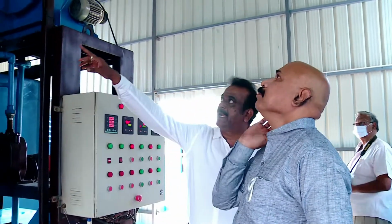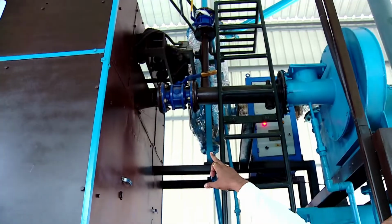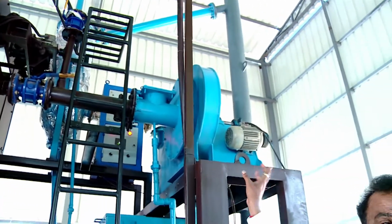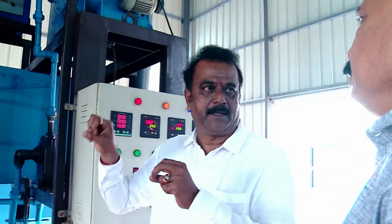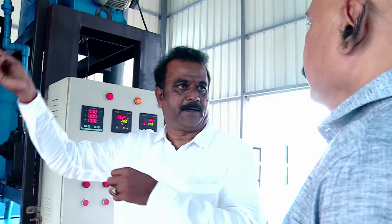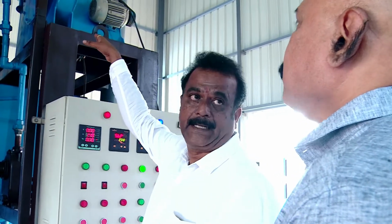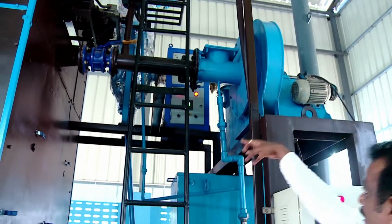The gas coming out, the exhaust from the reaction chamber, comes directly to the centrifugal fan. The centrifugal fan is designed in such a way that there is a mist nozzle spraying water, because sometimes there is a carryover of some char, which will be removed there so it will not stick. That will be taken care of. And once the gas comes over here, it will go to